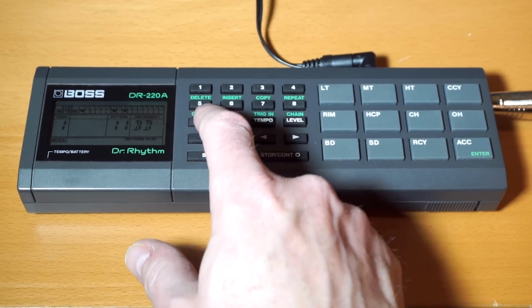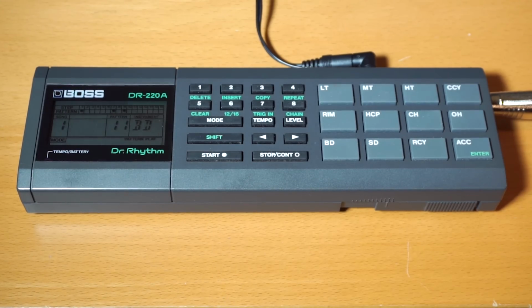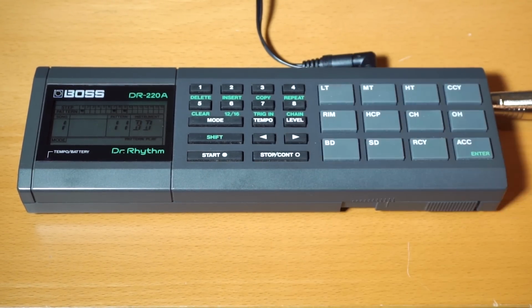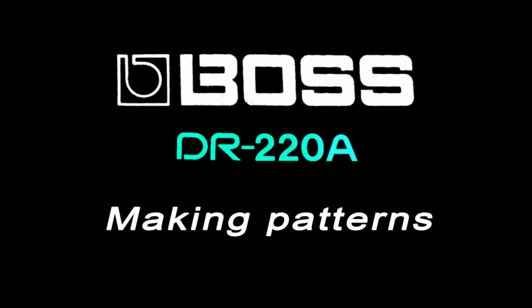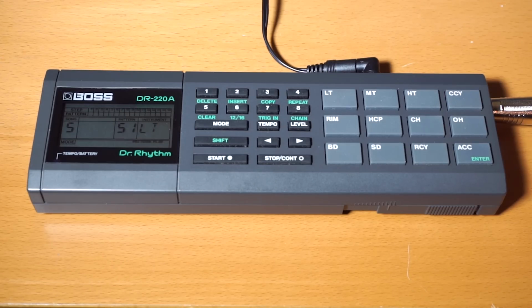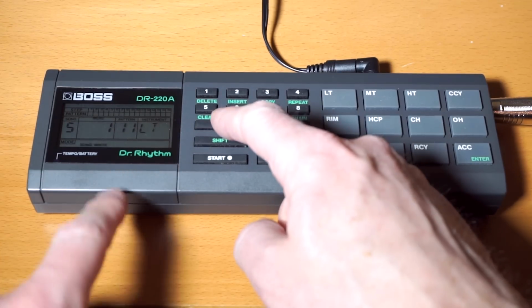And let's hear a pattern in action. So let's have a look at how you program your own patterns on the DR-220A. You have 32 patterns you can write yourself on the 220, but you have to put it in tap write or step write first,